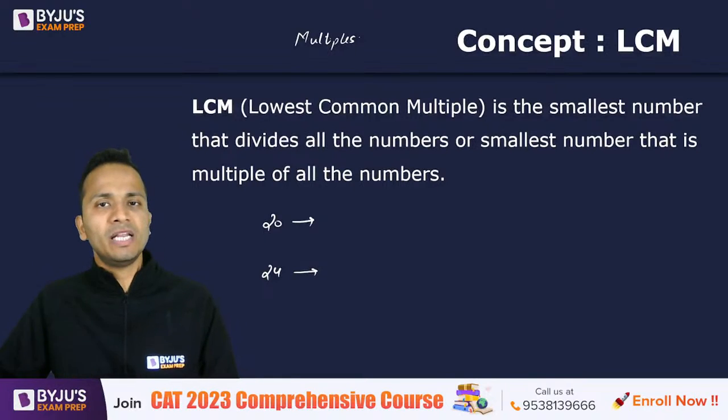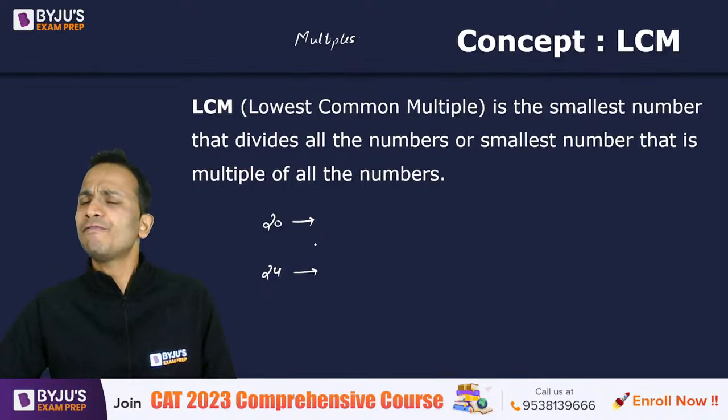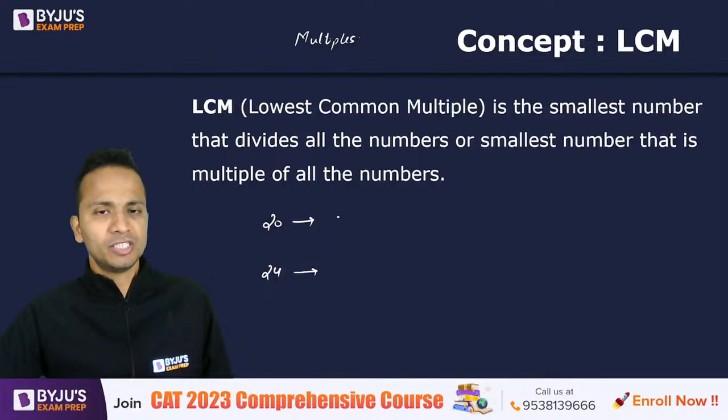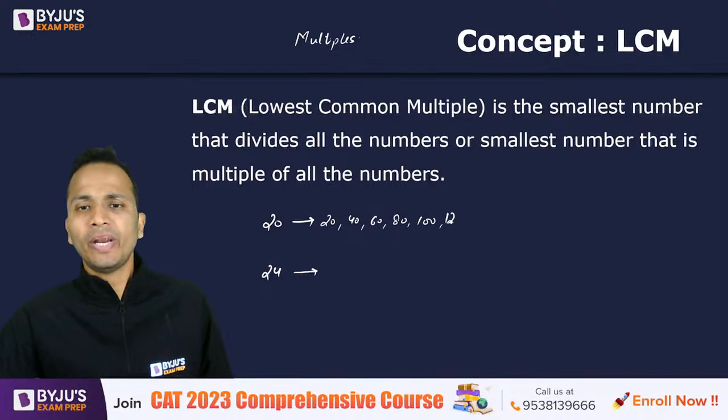It will go up till infinity. So I cannot write all the multiples of 20 or 24, but I'll write a few. Starting with 20: 20, 40, 60, 80, 100, 120, 140, 160,